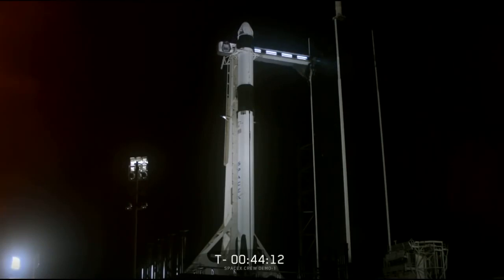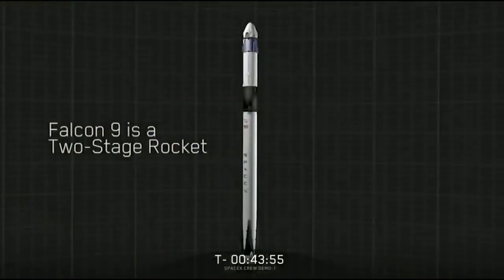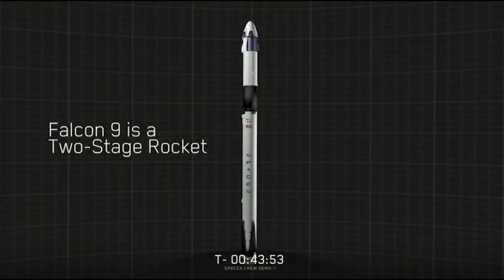Oh, actually, there, the crew arm is separating away from the vehicle. And we're running this test the same way that we would with astronauts on board. So that would be one of the steps as we prepare to go into today's launch. Now, Falcon 9, its first stage will fire its 9 Merlin engines to propel